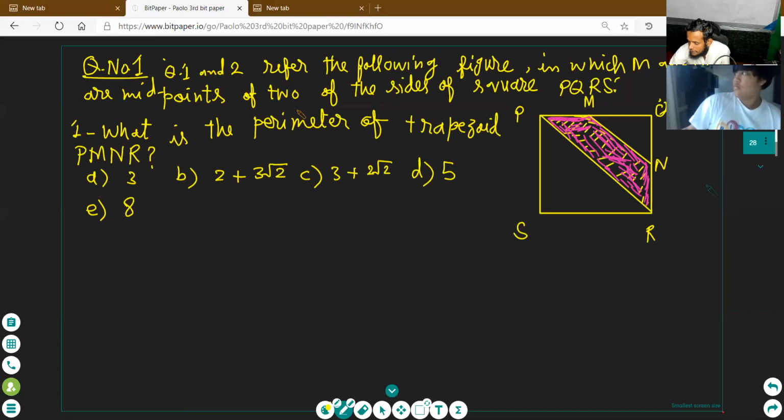First of all, this is 2. What will be this value? SR is 2. This complete is 2. What is the value of PS? What is the value of PQ? What is the value of QR? We don't know. Why don't you know? See here, it is written, it is a square. See the question, sides of square. If this is a square, then you cannot write the length of the other two sides.